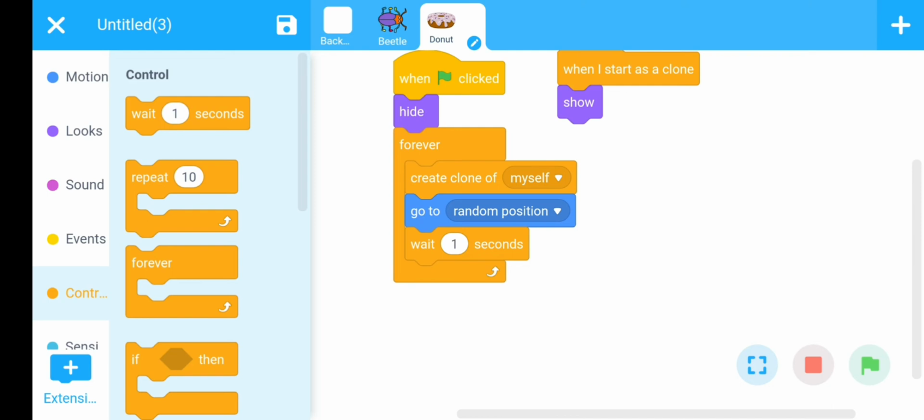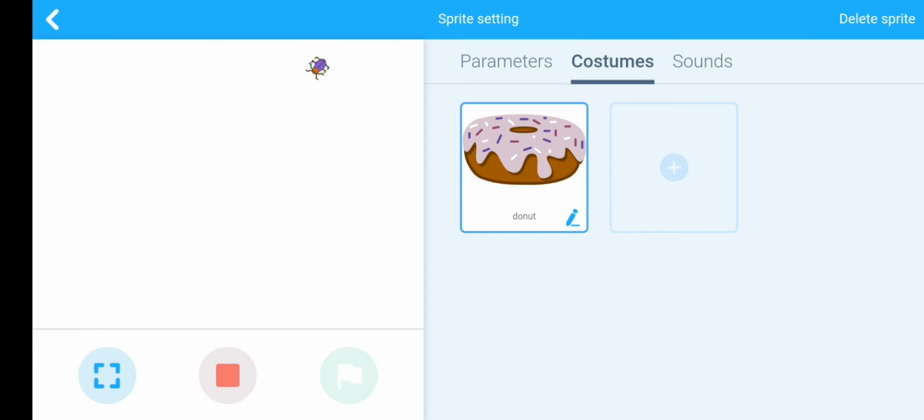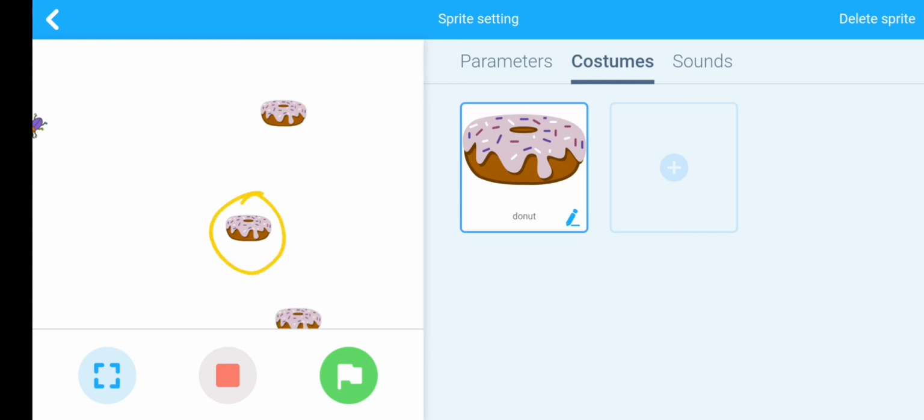Choose the wait is 4 seconds. You can increase the wait or decrease the wait according to your choice. Now, after the 4 seconds, the second donut clone is generated. Okay. Then again for 4 seconds, then third donut is generated. Okay. And so on.